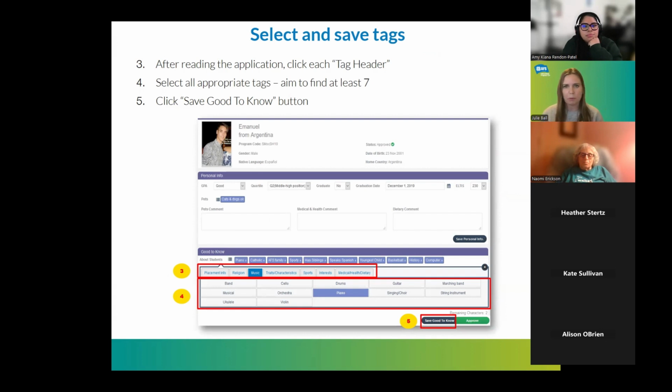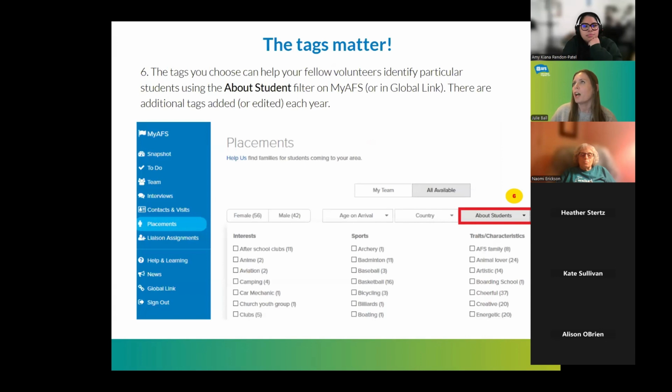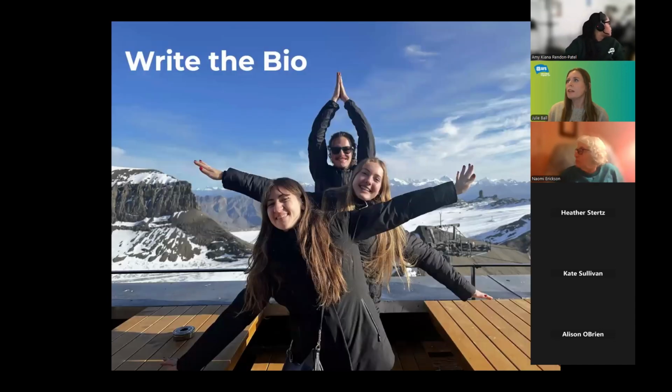If it's a couple less or a couple more, that's okay. Then click save, good to know, and that will make sure that the tags are saved. Again, the tags matter. The tags you choose can help your fellow volunteers identify particular students using this filter on My AFS, and this is what it looks like. You've all probably seen this on My AFS.